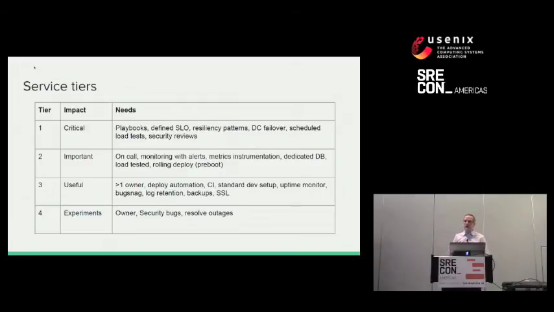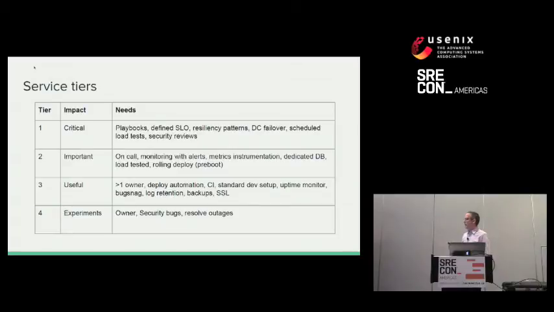At this tier, we are concerned about things like having an on-call rotation, so that when it does go down, you have the alerting in place and you have the team in place to be able to respond to that. Also, we have a lot more focus on instrumenting the system. We use a lot of StatsD metrics that we output from this level of service so that we can get a real-time view of how it's doing. And there has to be some kind of load testing that's done on it, and it has to be able to do deployments without downtime, essentially rolling deploys.